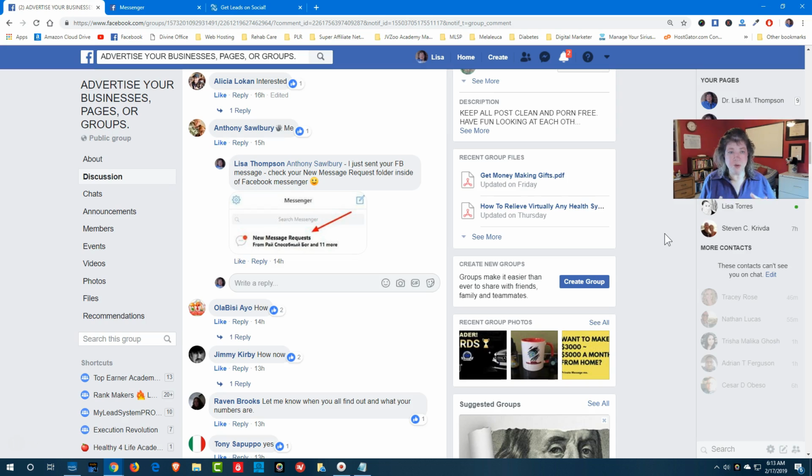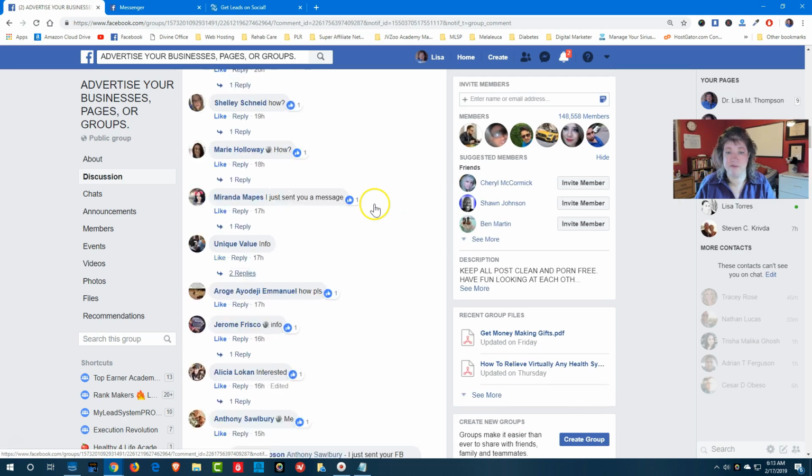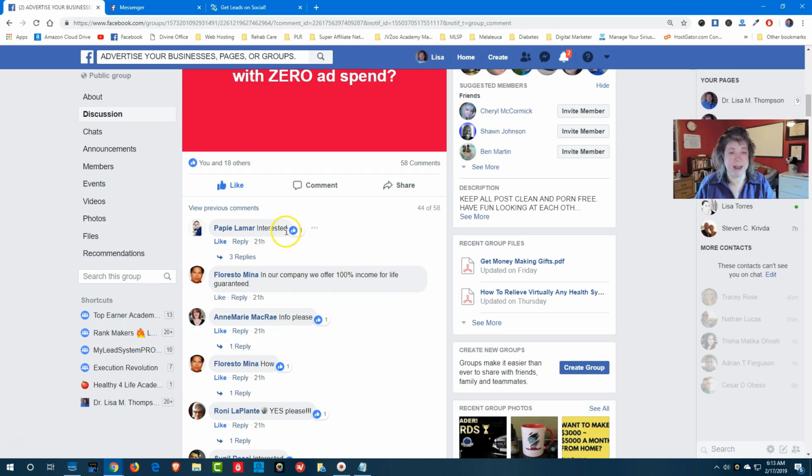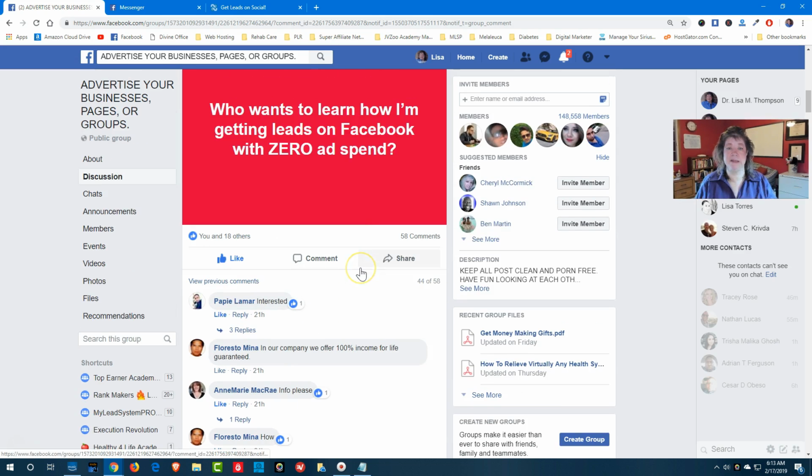Now, the power of this post is that when people are raising their hand and they comment and then you reply back, this becomes a very engaged post. And this post will appear at the top of the news feed within that group, meaning more people are going to see it.